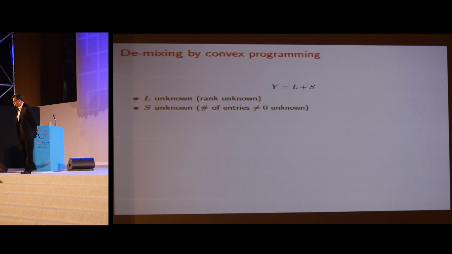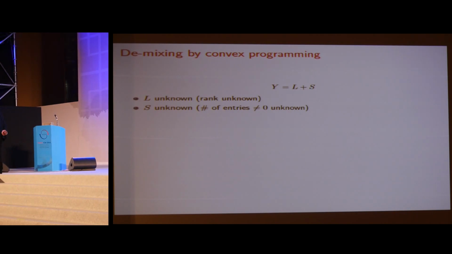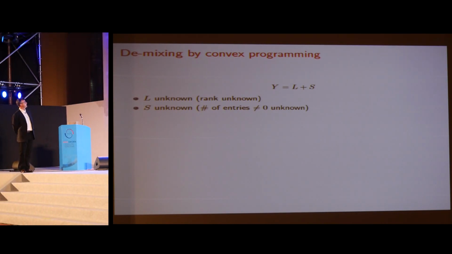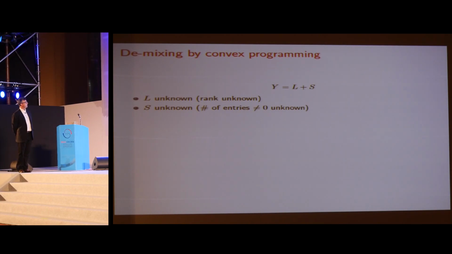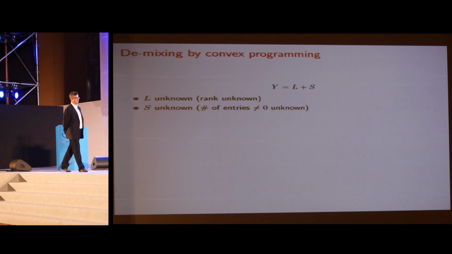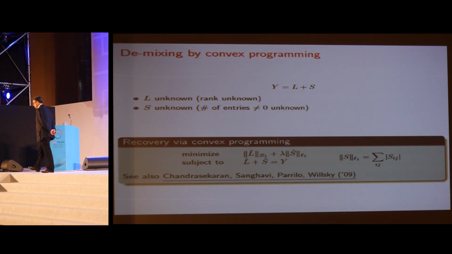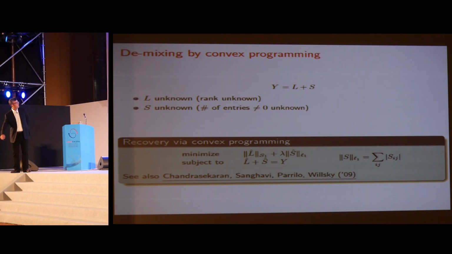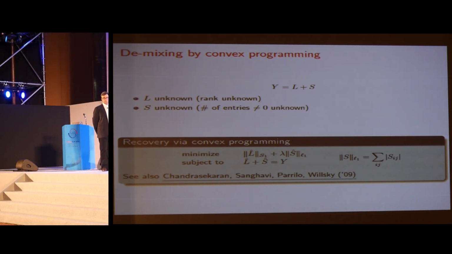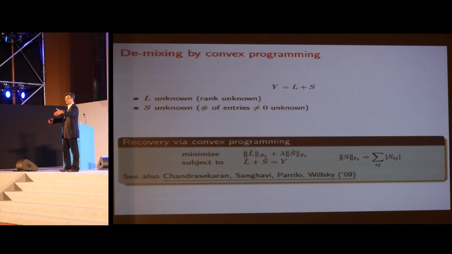All right, so I've got this blind deconvolution problem. I observe the sum of a low-rank and a sparse matrix, and I know nothing about the low-rank component. The rank is unknown. The sparsity is unknown. I don't know how many entries have been corrupted. I don't know where they are. The magnitude of the corruption, there's nothing I know about this. And, well, it's a talk about convex programming techniques, so we're going to go at it with a convex program. All we're going to do is try to find a decomposition, L and S, that minimizes this mixed norm, where I'm going to minimize the nuclear norm of the low-rank component and the one norm of the sparse component, the one norm of S being simply the sum of absolute values.